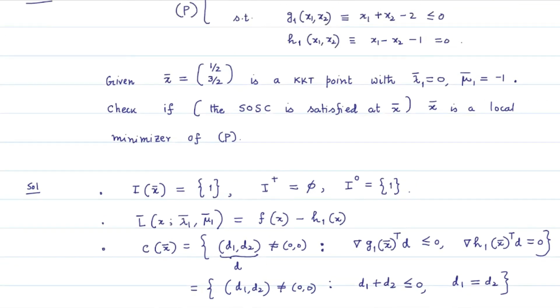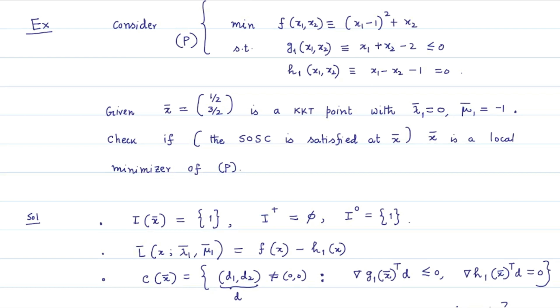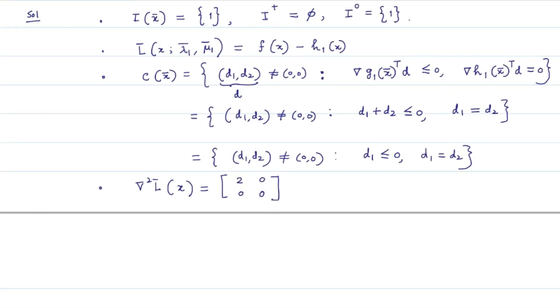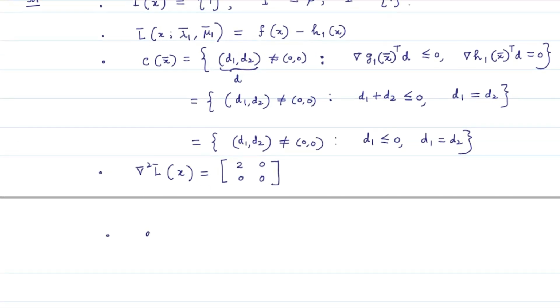For h1, we have a linear function, and hence the Hessian will be a zero matrix, and for f we will have the matrix with entries 2, 0, 0, 0. Therefore d transpose the Hessian of the restricted Lagrangian at the point x bar times d is equal to 2d1 square